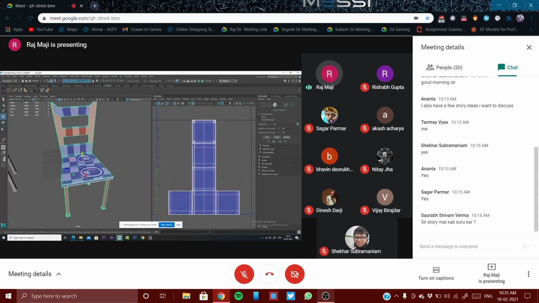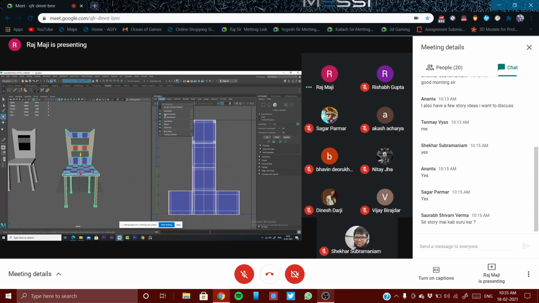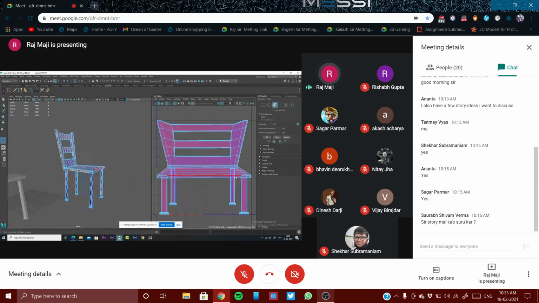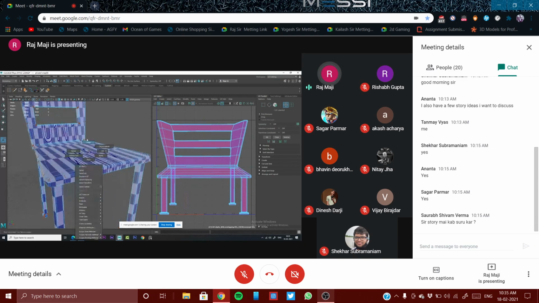So what basically I'm going to do, I always prefer to create a planar mapping. So this is one right now. So let's start with the base.